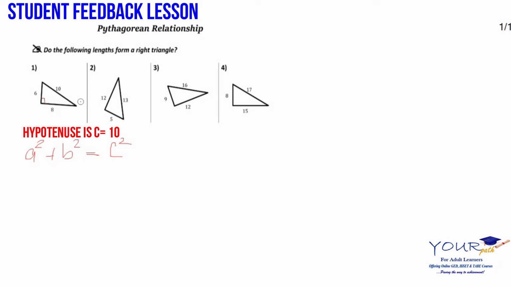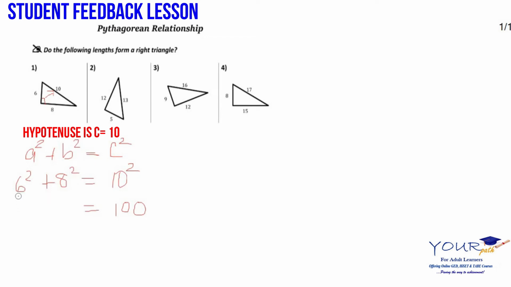So inserting these values into the equation, we know that our hypotenuse, which is going to be opposite of the square here, is 10, okay? So we can put 10 here. Now 10 squared is going to give us 100. This side of the equation must also equal 100. So when you put in 6 squared plus 8 squared,